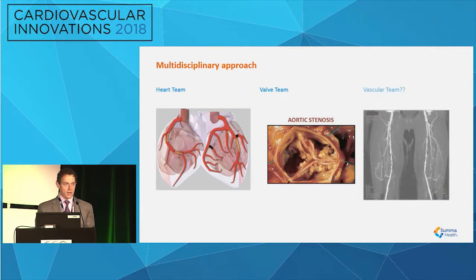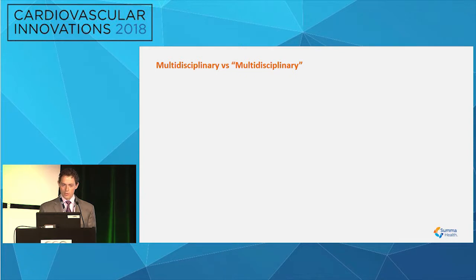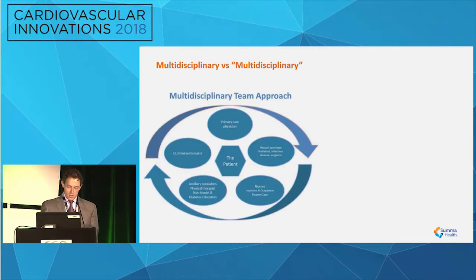So what about vascular? How do you approach vascular disease in these patients? Who do you need on a vascular team for vascular disease of all types, not just critical limb ischemia, which is what we usually talk about with multidisciplinary approaches? So, like I mentioned, when you go to talks at conferences like this, everybody's talking about a multidisciplinary approach to CLI, which has been proven to be beneficial for patient outcomes. So you have the patient, you have their podiatrist that might refer the patient, you have wound care, you have nutritionists, endocrinology, and then you have some type of critical limb ischemia interventionalist of some discipline.